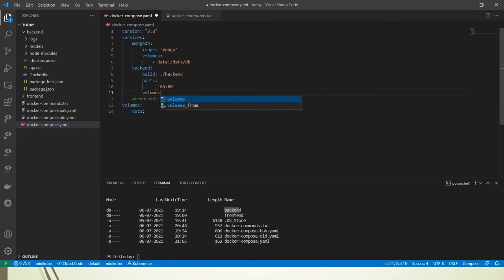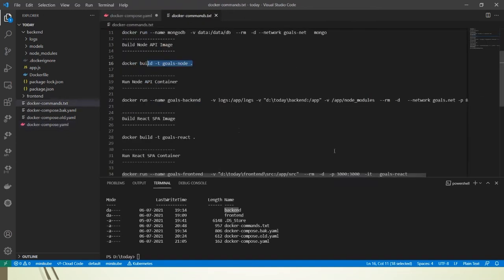Now the later keys. So this is the volumes. In the volumes, again we have a named volume over here. If we go and see, this one is a named volume, so we need to specify it.